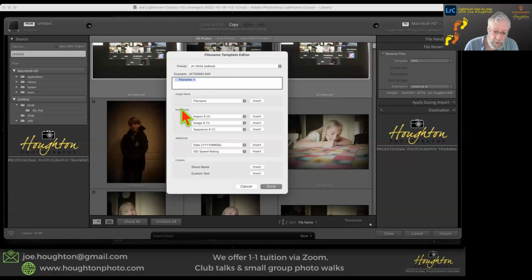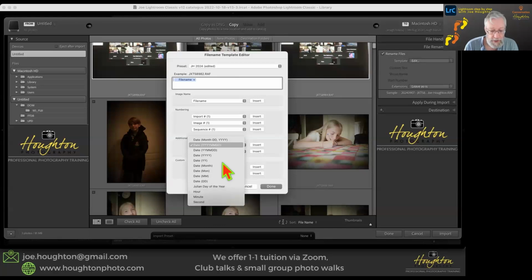So if I come down to where it says additional here, and I click on this down arrow here, I've got various options for date and time and hours and minutes and seconds. And the one that I use is this second one,